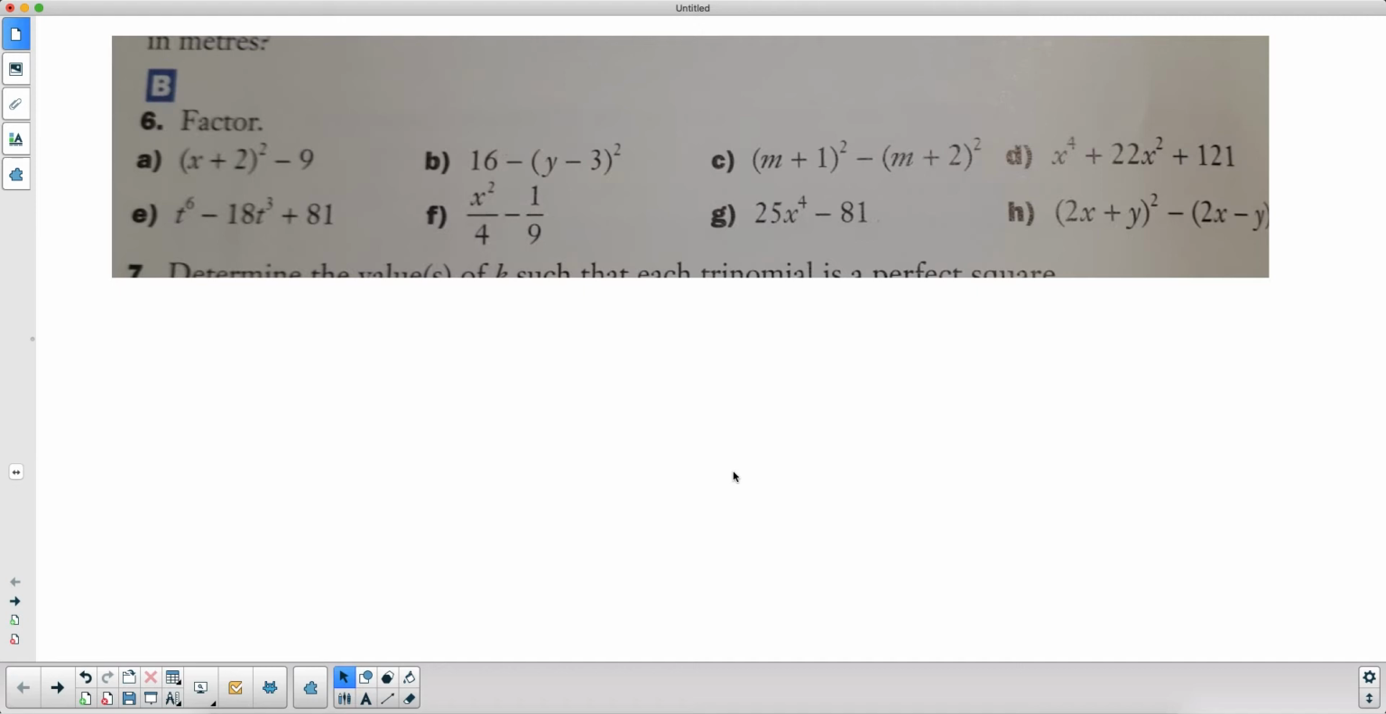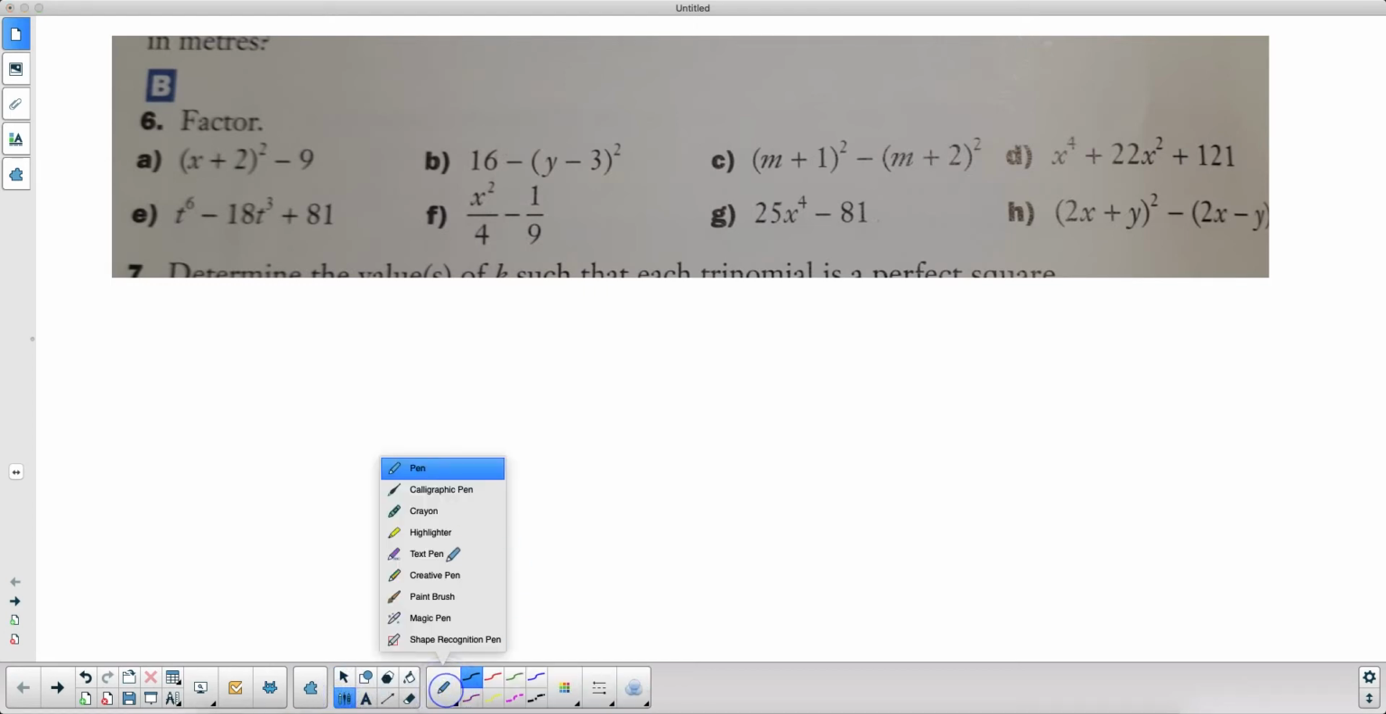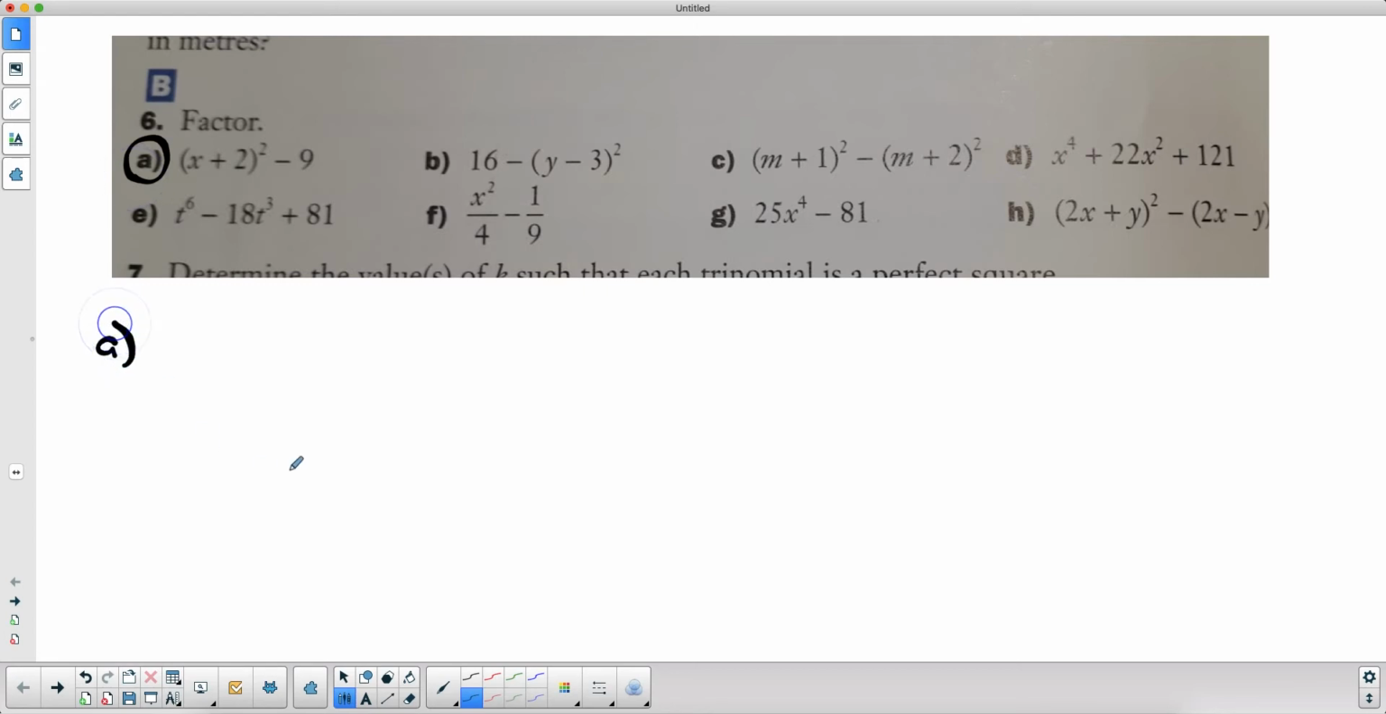Here's a question from your homework that often gives students some difficulty. There's a whole mishmash of different things going on here, so I'm going to pick and choose a couple of different ones to do with you, and we will take a look and see how it goes. Let's take a look at this one first. So for number A, or letter A,